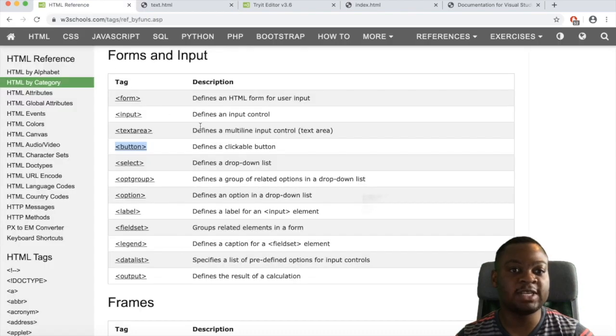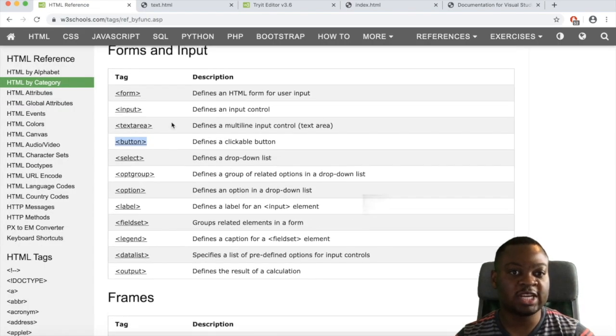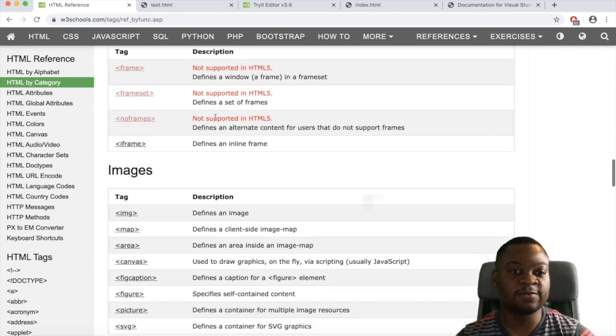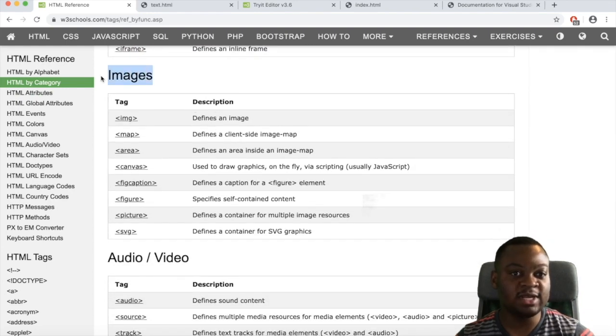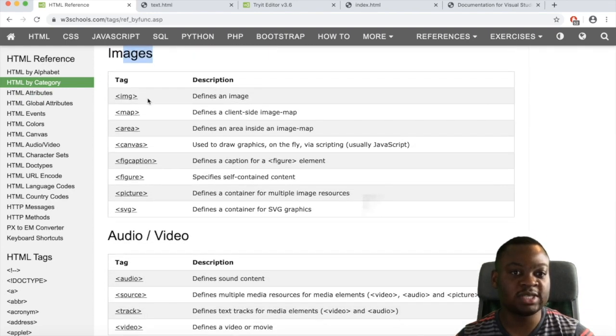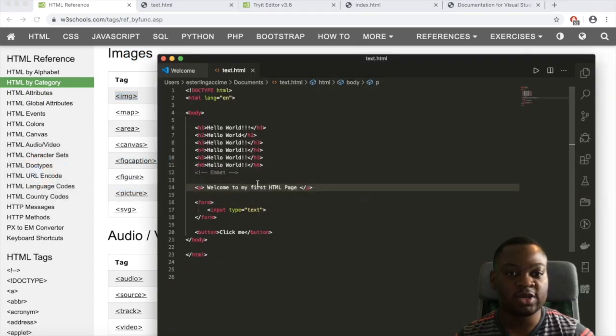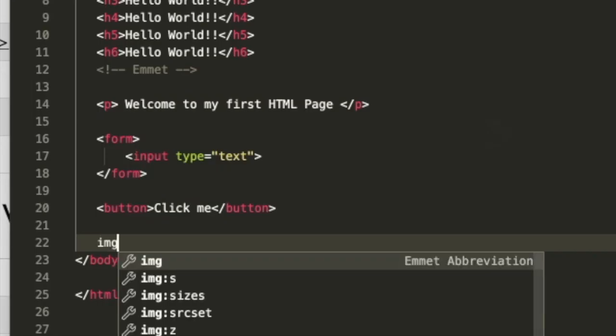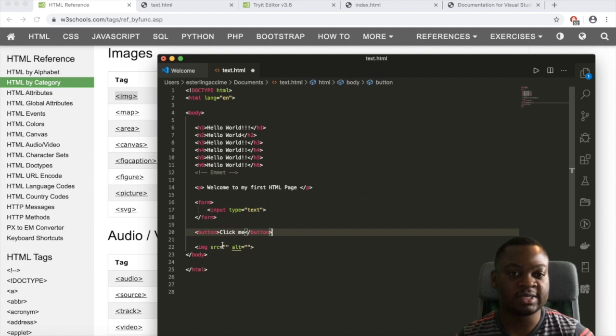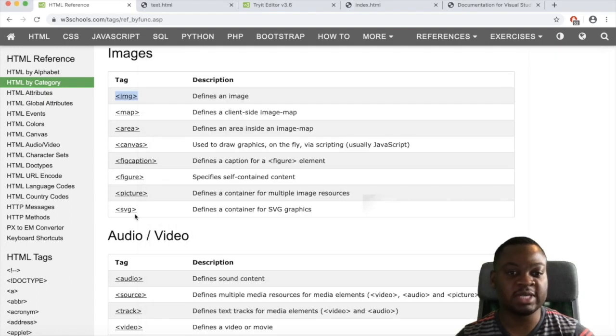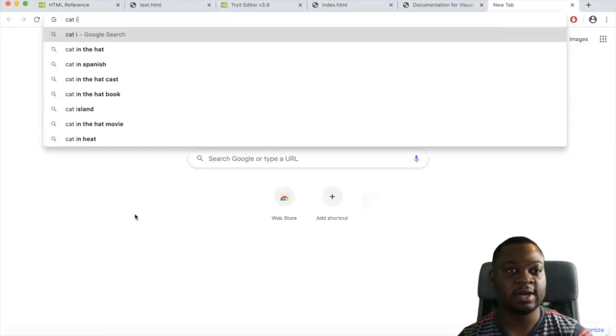So there are lots of lists of tags that you can search, such as by categories and so on, so feel free to search. If I want to have images inside my page, I can use this tag right there. So I can go here, go all the way back and select an image, and then in order for me to get the link, I can go here and select cat